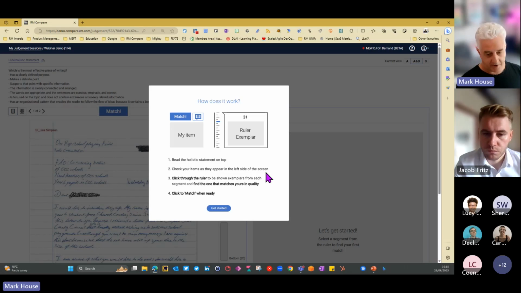Now, at the moment, we're currently in a beta phase, and in this beta phase, we're using a matching process to compare the items. As we'll talk about later, we're going to move on from this a little bit as part of the project, but right now it's a matching process. So I'm going to click Get Started,